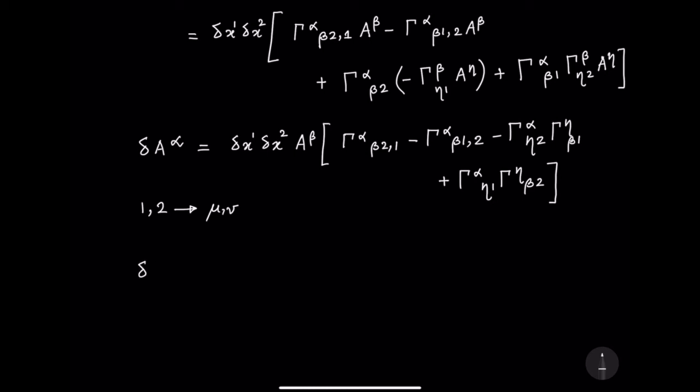Then I get a more general expression, which is delta x mu delta x nu A beta, and let me write it here as alpha beta mu nu,